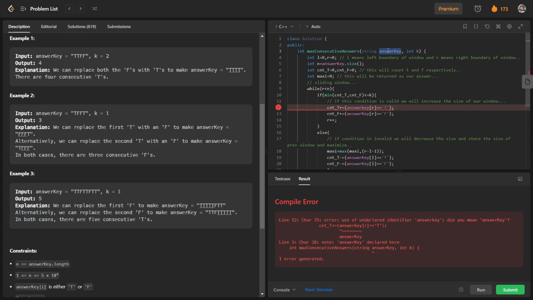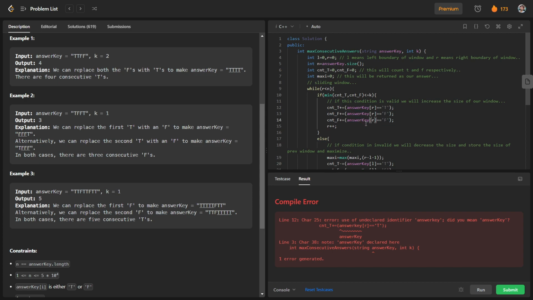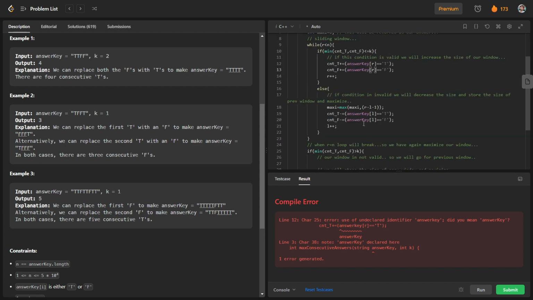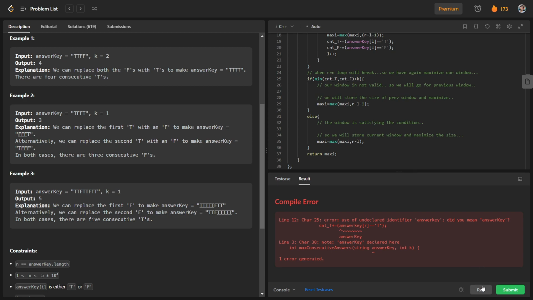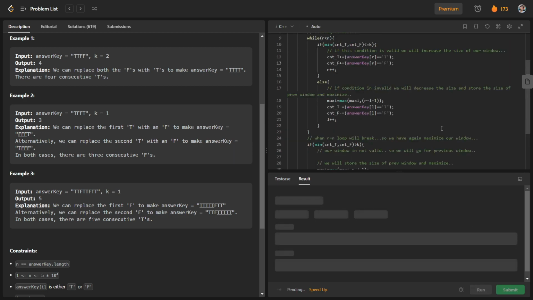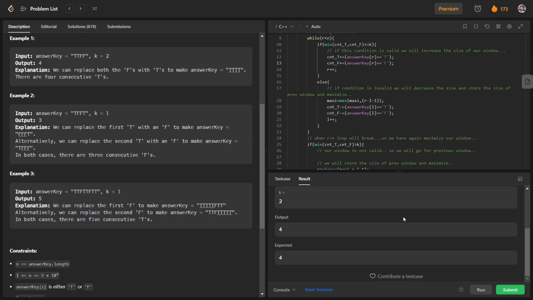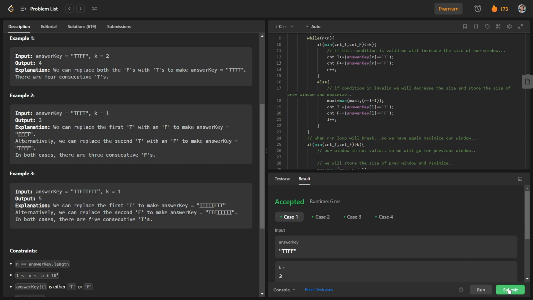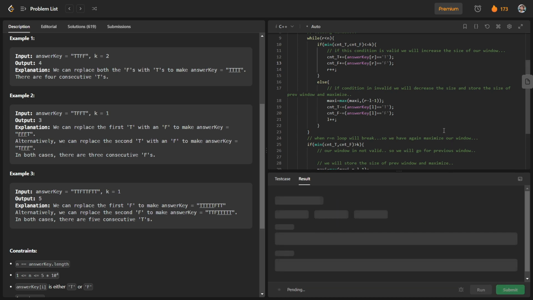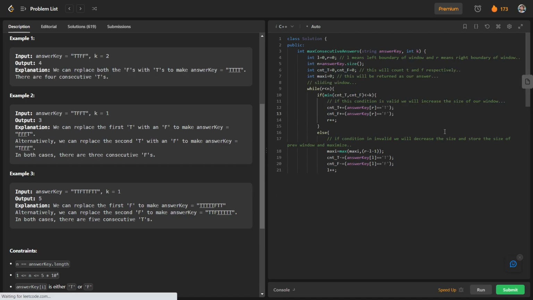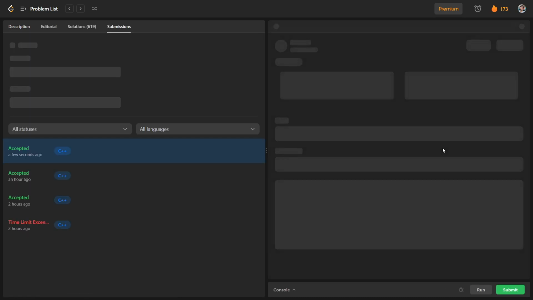Okay, this is the fault. I have made a kind of typo here. Otherwise there is no typo. So you can see that our test cases are passing, and let us move to our main cases. You can see that all the main cases are passing.